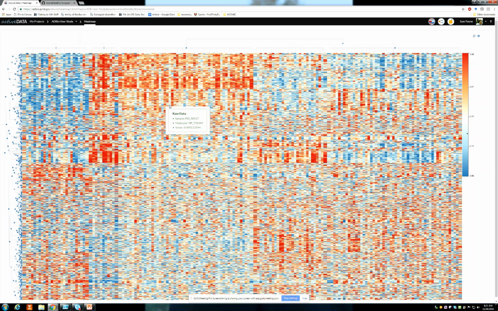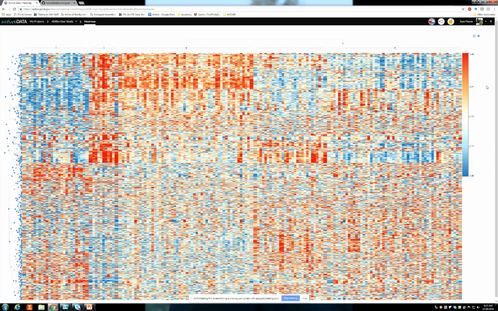So directly to answer Dan's question, the heat map here does not display correlations yet. It displays the raw values of proteins that everybody has. This is a very large heat map because we have 174 patients, that's the size that a clinical trial kind of needs to accommodate. And the number of measurements we make over here is several thousand. If I were to zoom in, you'd see that we have more actual measurements than can fit on the page. But JavaScript and D3 takes care of all that for us.